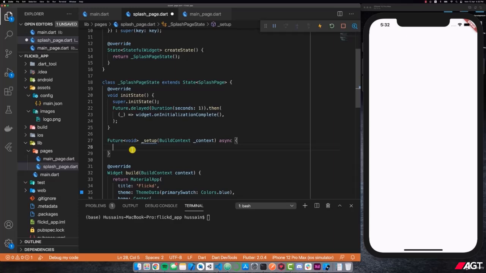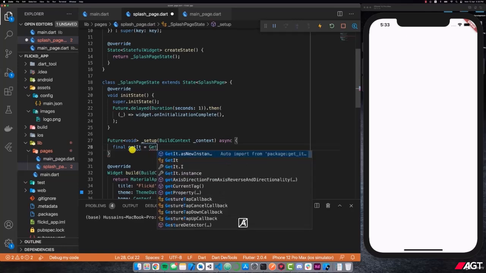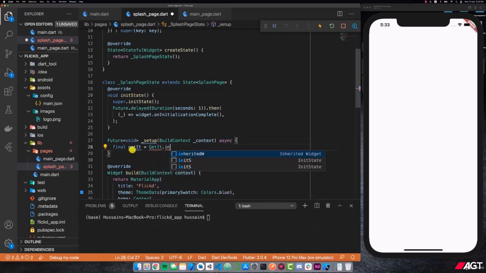So what is a singleton, you might ask? Well, a singleton is just one instance of a class that is globally accessible and the same everywhere. So we're going to get started by defining a final variable, and we'll call it getIt. And then we're going to set it to getIt and then .instance,